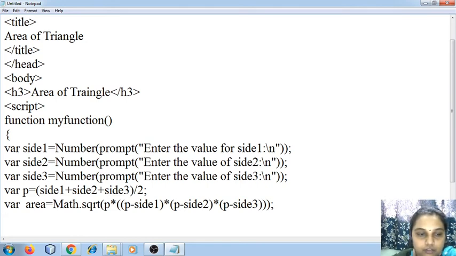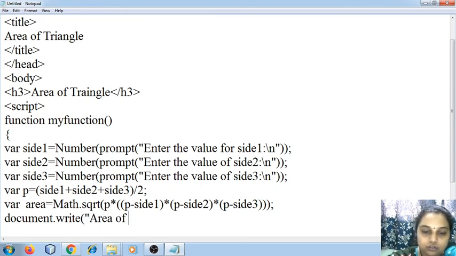Right, we are going to display this information using document.write. So I want to write Area of triangle, and the area.